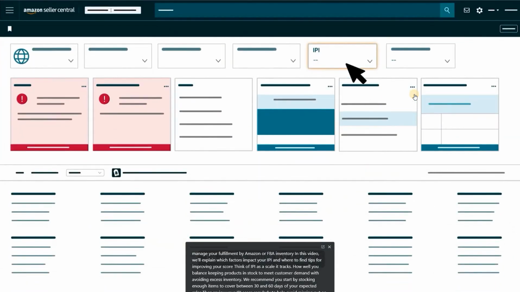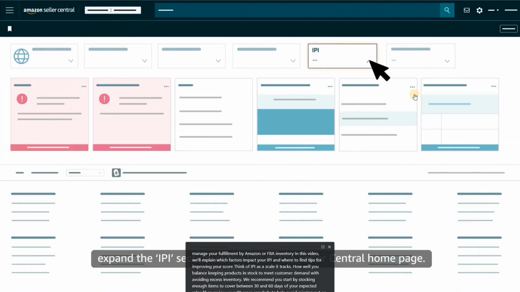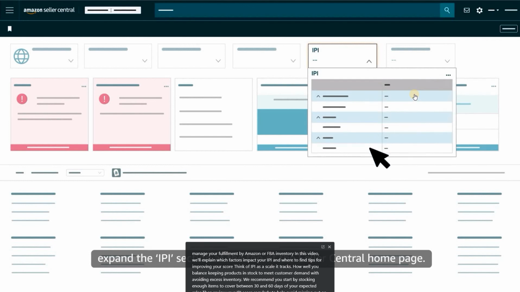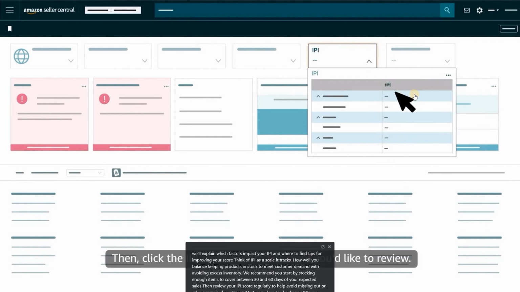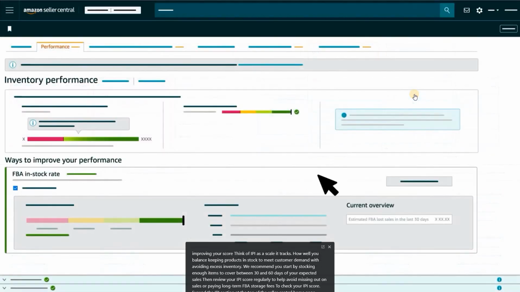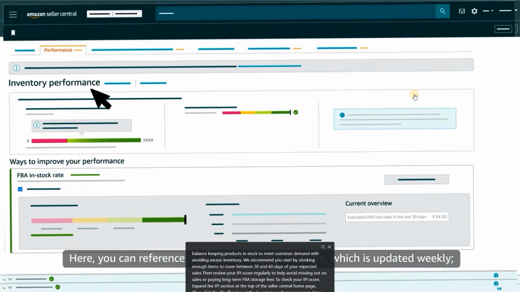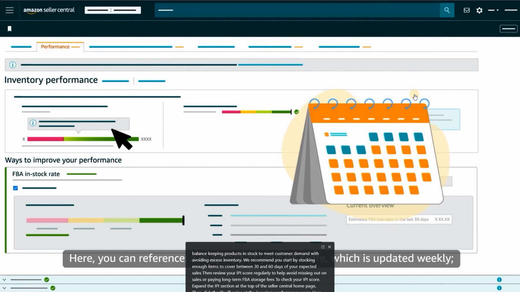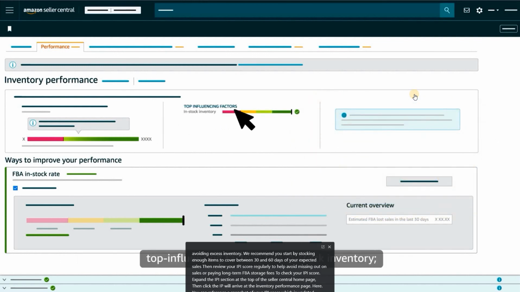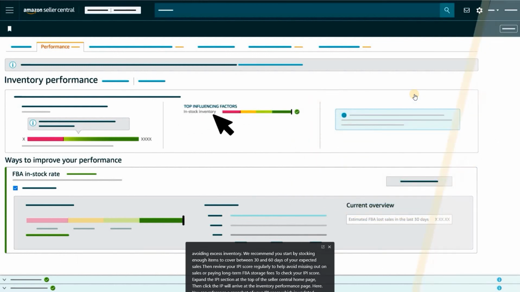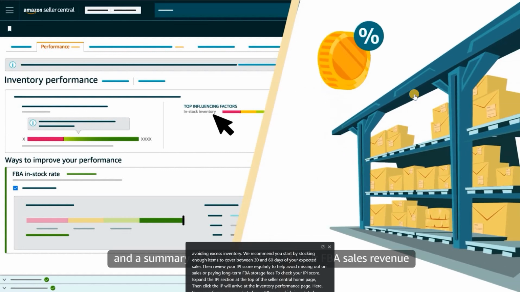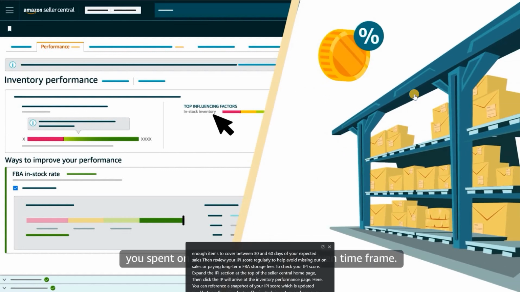To check your IPI score, expand the IPI section at the top of the Seller Central homepage. Then click the IPI score next to the store you'd like to review. You'll arrive at the Inventory Performance page. Here, you can reference a snapshot of your IPI score, which is updated weekly, top influencing factors like in-stock inventory, and a summary of the percentage of your FBA sales revenue you spent on FBA storage fees over a given